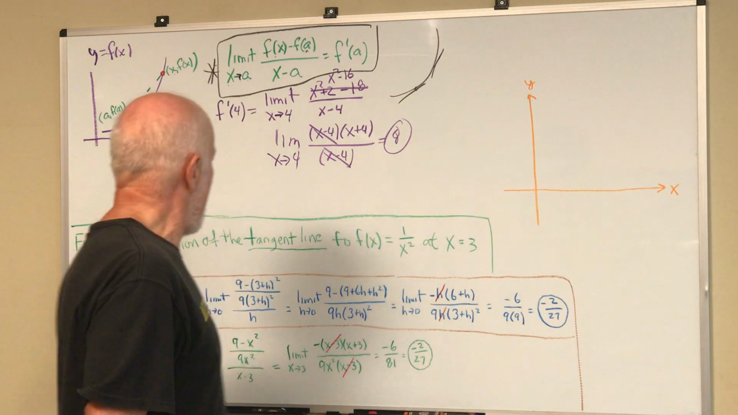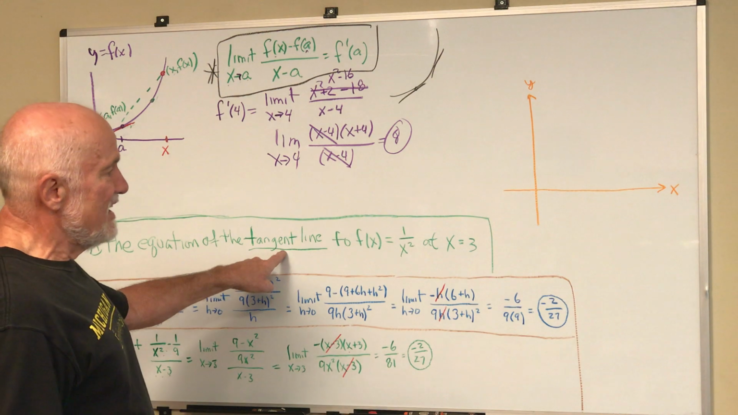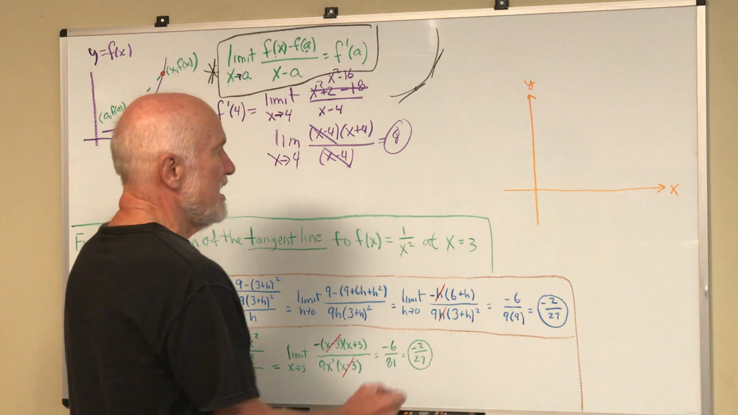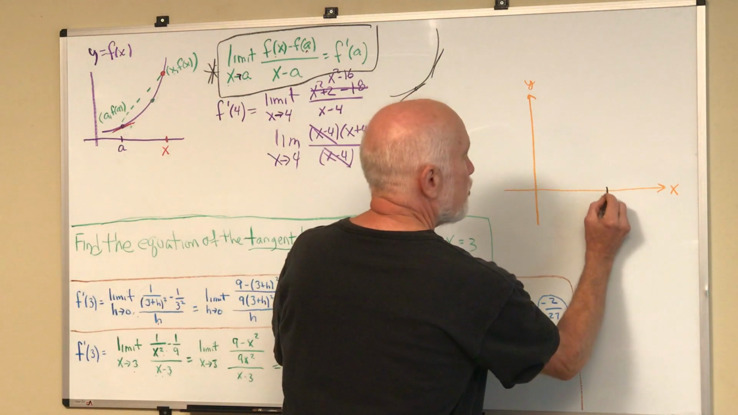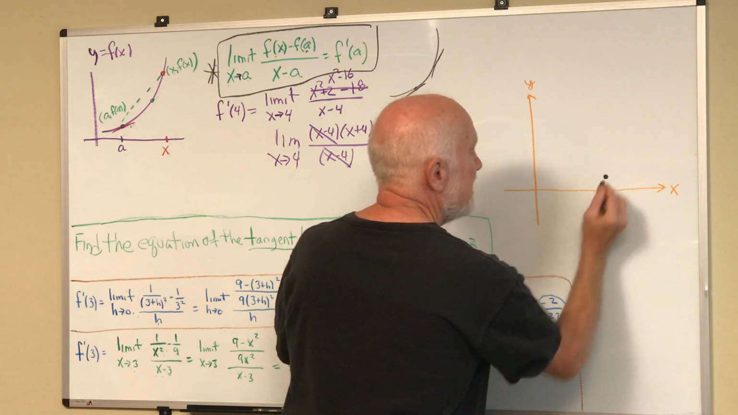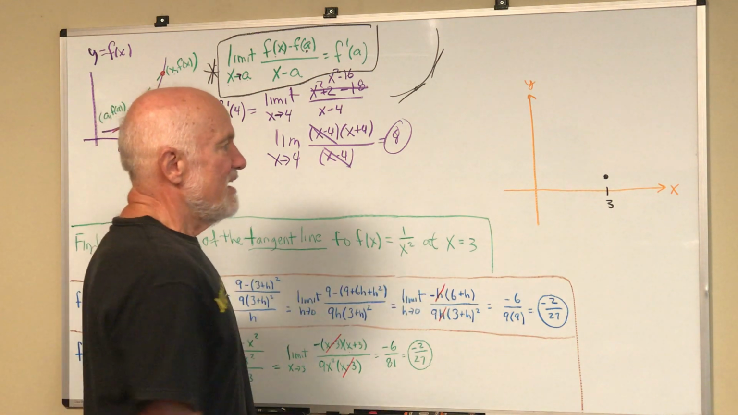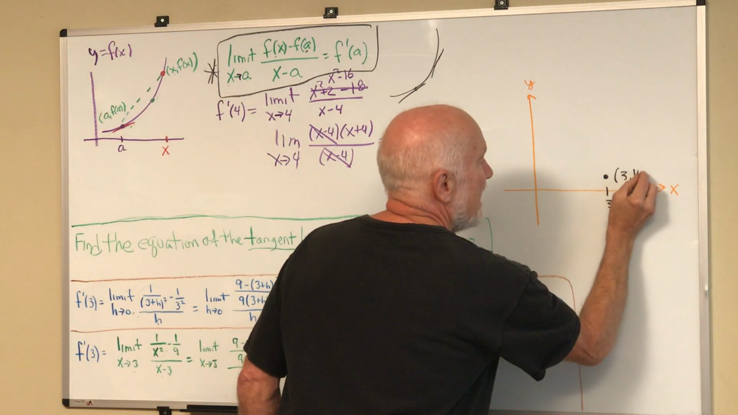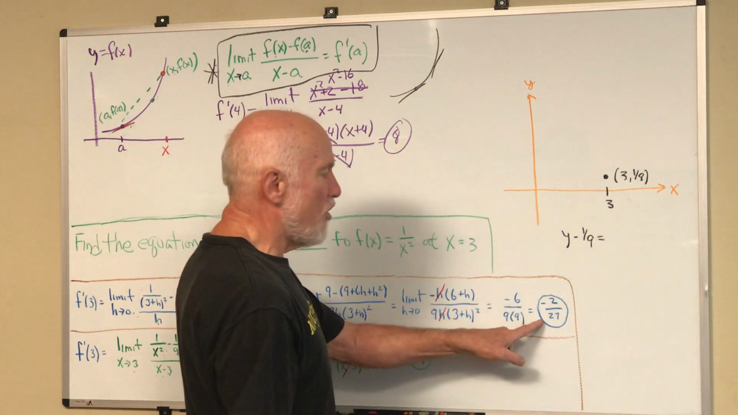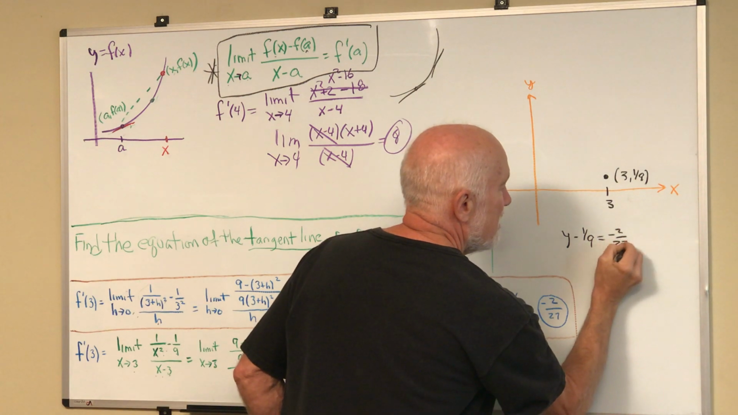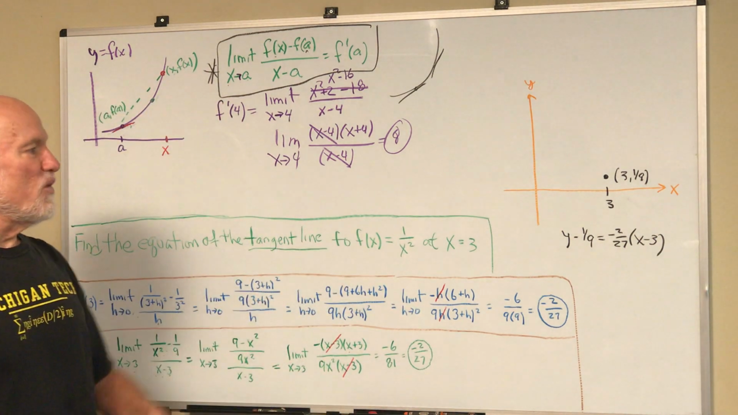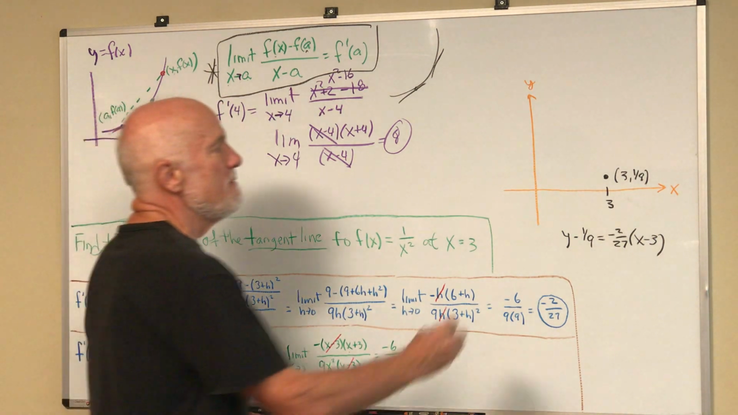So now, if we actually wanted to find the tangent line, the last step would be to use the point slope formula. We know we've got the point 3, 1/9. And now we could say y minus 1/9 equals the slope times x minus 3. That would solve this problem. We actually found the equation of the tangent line, and